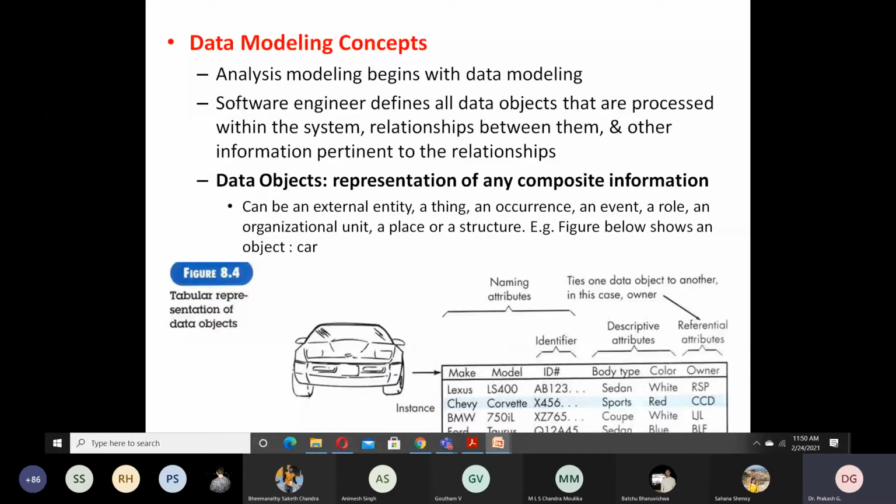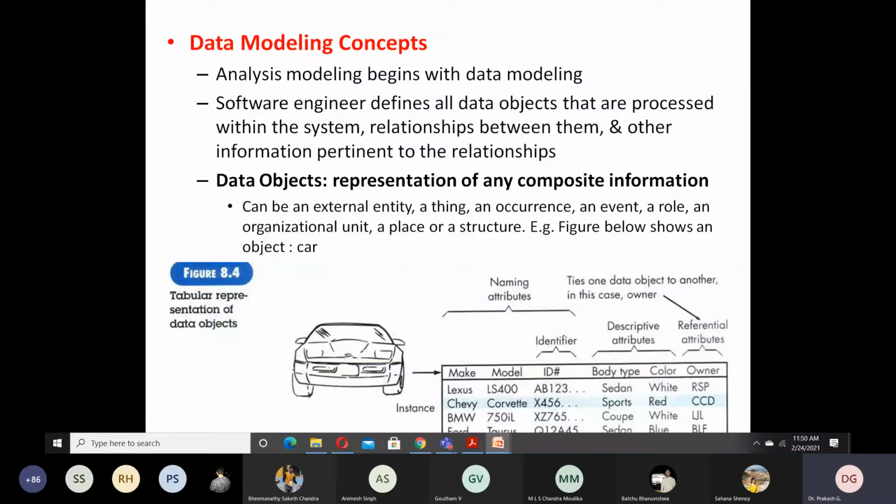You can see from this table each record, for example each row, can be identified as a particular data object. That is the way we define the data object with many pieces of information, which is what we call composite information. And this data object may be anything: an external entity, a thing, an occurrence, an event, a role.